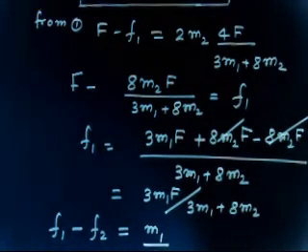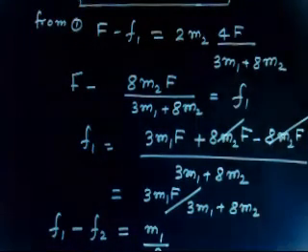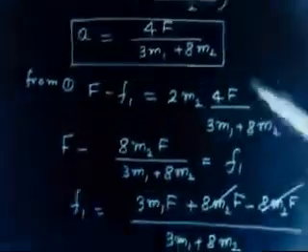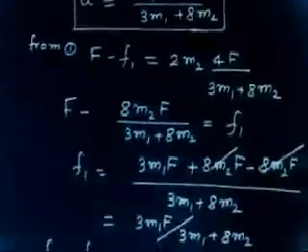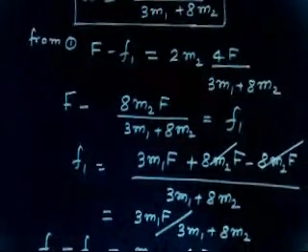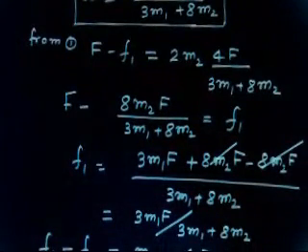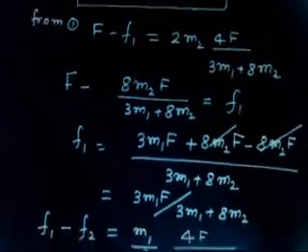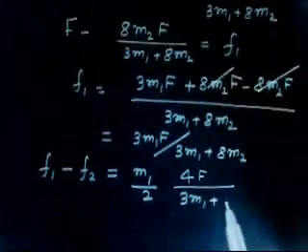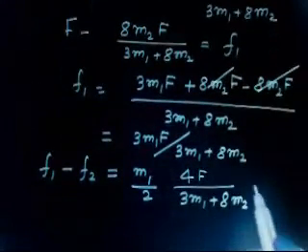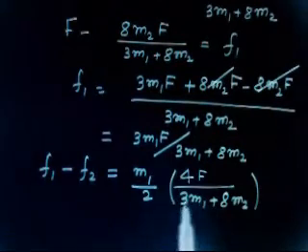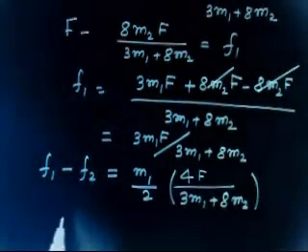M1A by 2, and the value of A is what? You know the value of A. So use the value of A here, 4F divided by 3M1 plus 8M2, I think you are able to see 8M2, so M1 by 2 into A, and now you know the value of F1, so plug the value of F1,